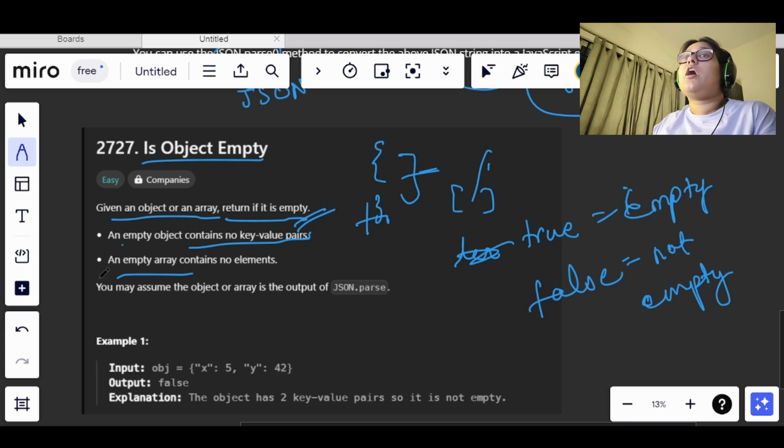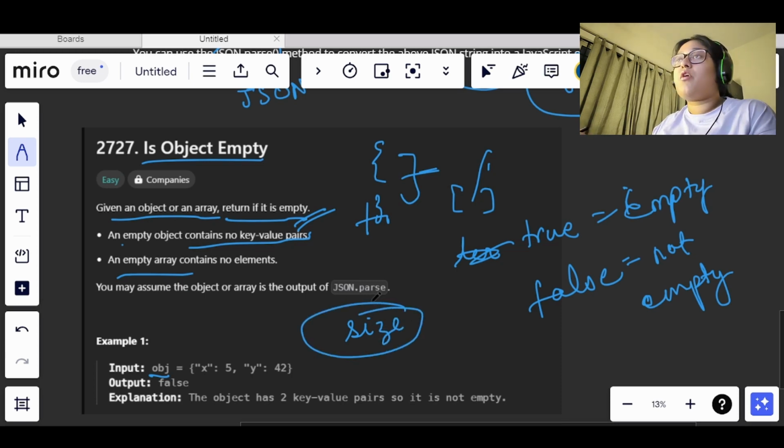Now the question is how we will solve this, right? Because we can either be given an array or an object. Okay, so if we just had an object, then we could have used size, and if it was greater than 0 we could have returned false, and if it was equal to 0, in the else condition we would simply return true.